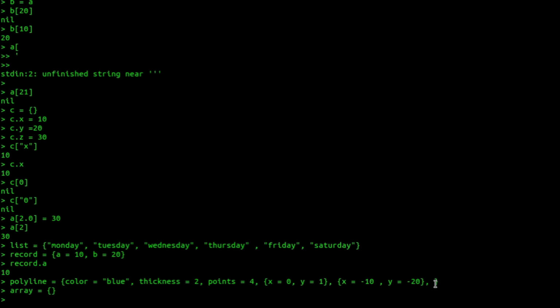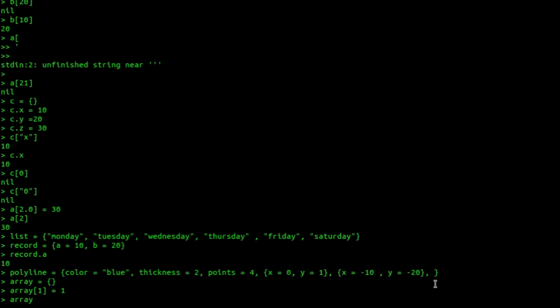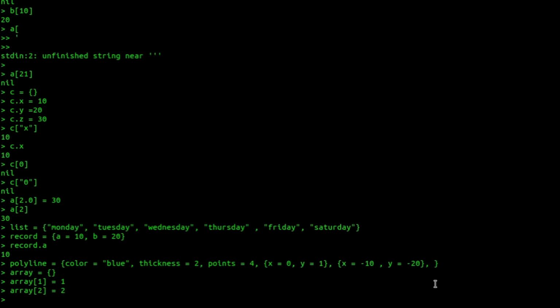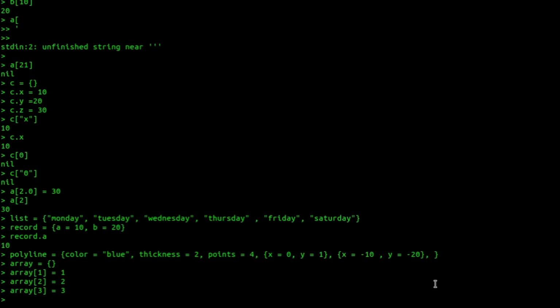Now I can say array of 1 equal to 1, array of 2 equal to 2, and let's just keep the example short, so 3 elements are enough. Now I can iterate over this array and print each value. So iterate. I can use a for loop, for i equal to.